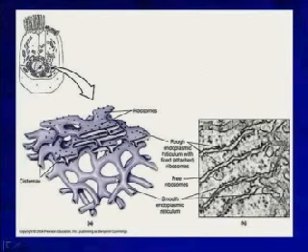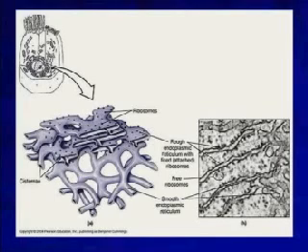Now, the rough endoplasmic reticulum, because it has the ribosomes attached, is responsible for protein synthesis. That's important, and you should know that. The smooth endoplasmic reticulum, because there are no ribosomes associated with it, is responsible for carbohydrate production and also for